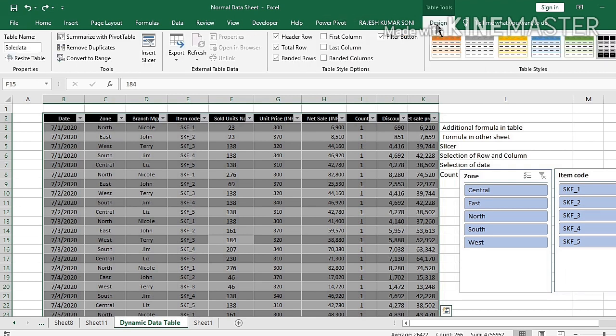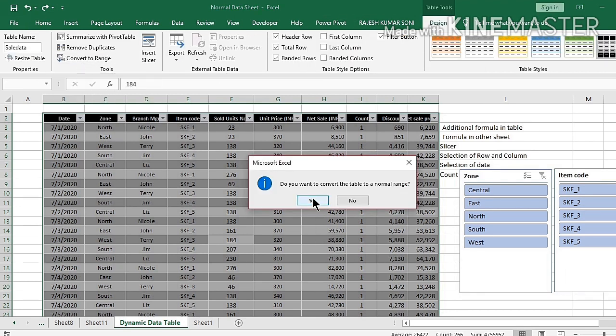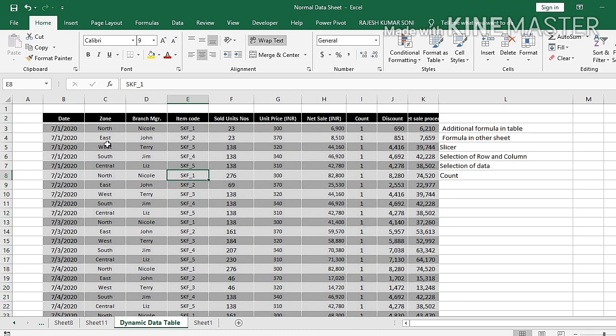Now go to the design, convert to range and confirm. Now your data is a simple data table. Every formula and formatting is the same as in the table, but you will not see the other features here. Now you can send it as it is.